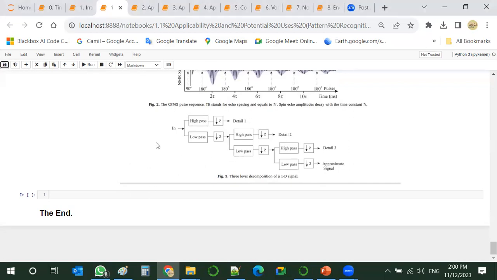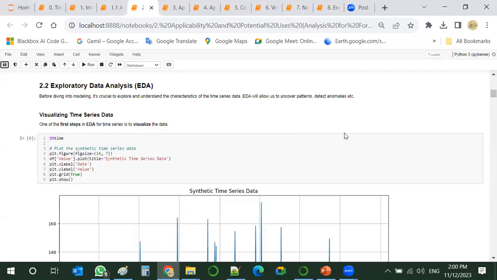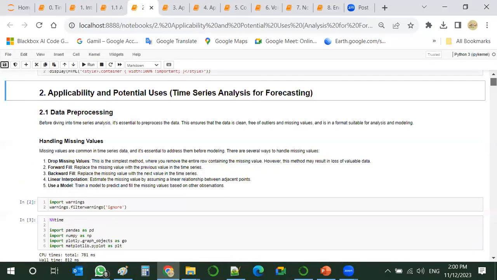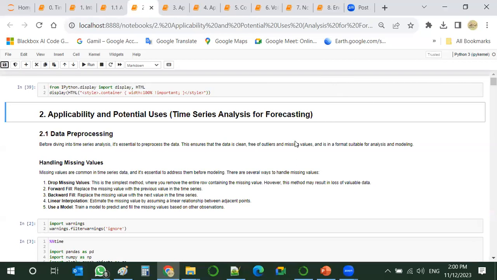So this is the end of this notebook. Let's go to the next notebook, which is the main and the major notebook of the day. It's about time series analysis and forecasting.